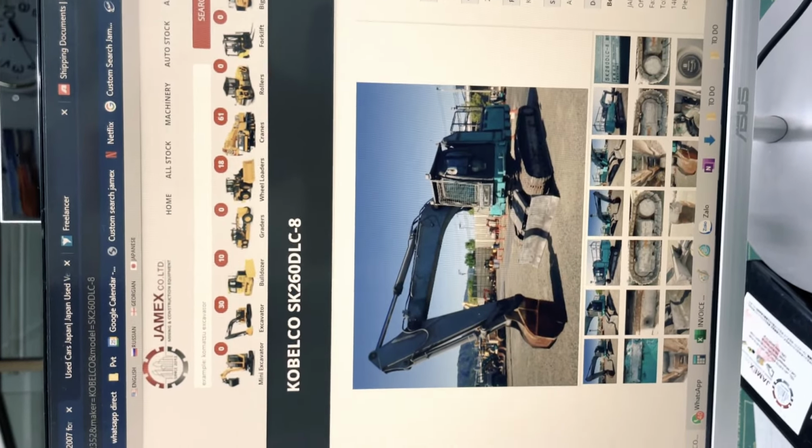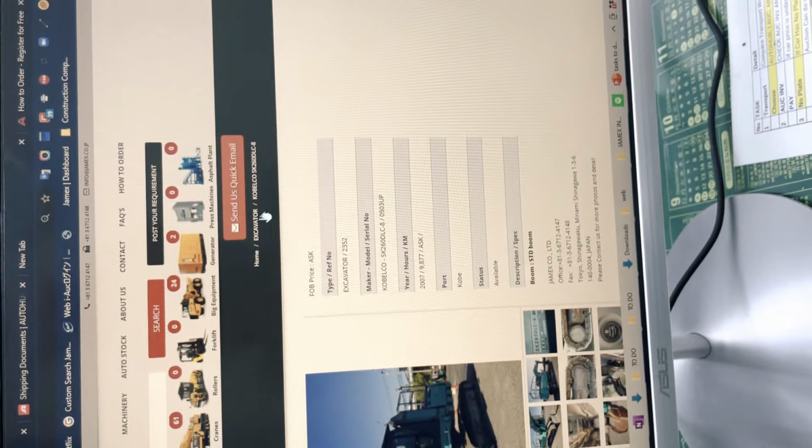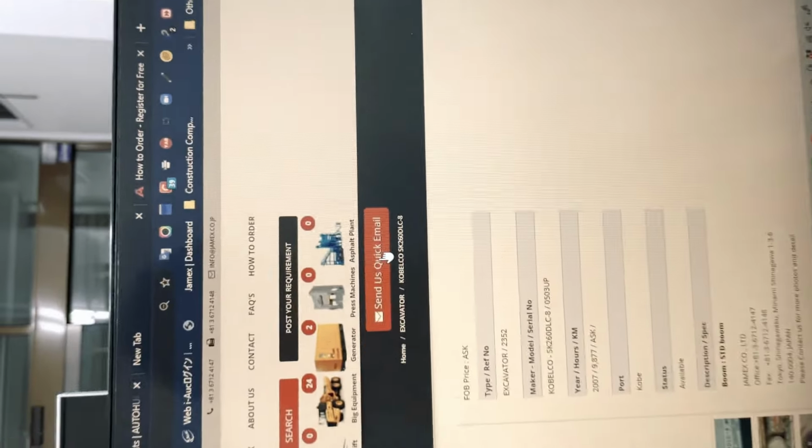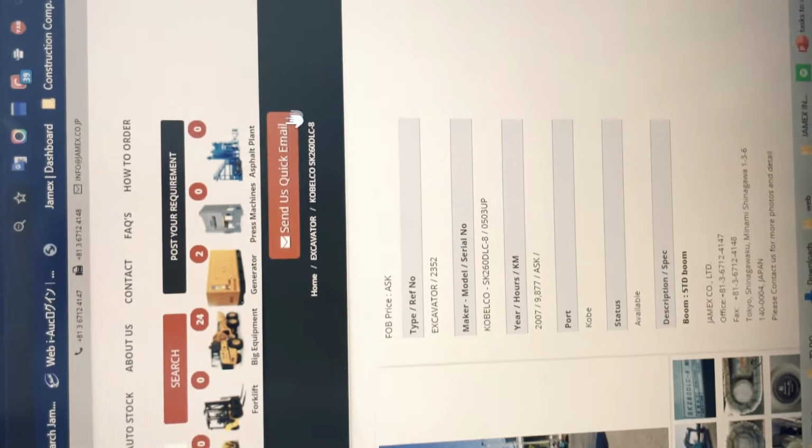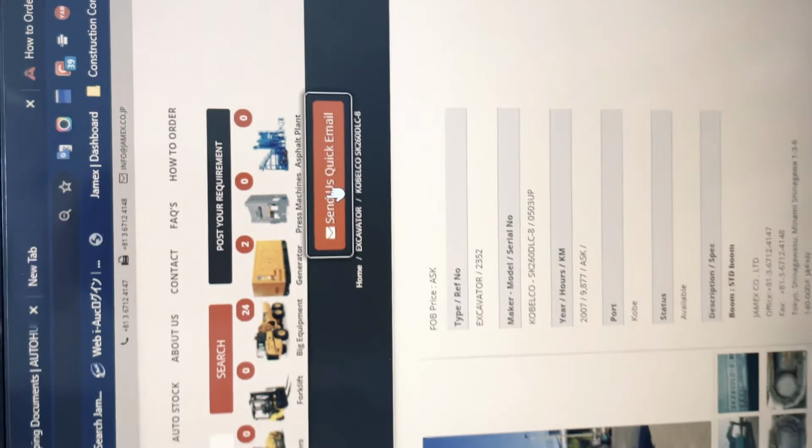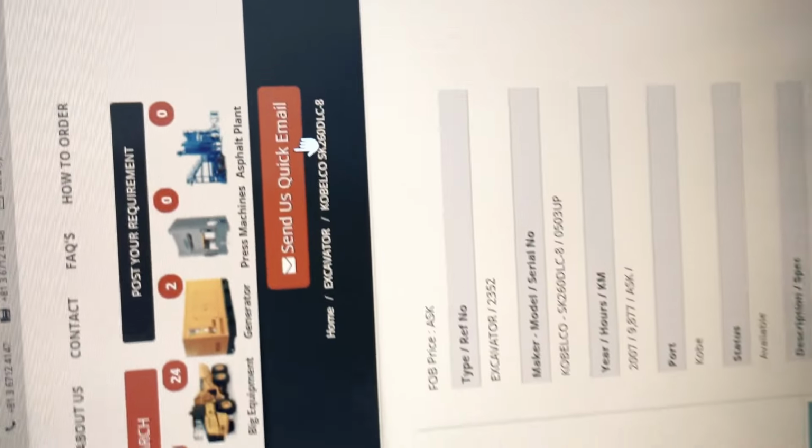And also this is zigzag, like send inquiry. Is it about this machine? Nobody knows because this button is way too far. I guess this is about this machine, but this button is so far away, so it's very hard to understand. Nobody will ever click this button and send an inquiry.